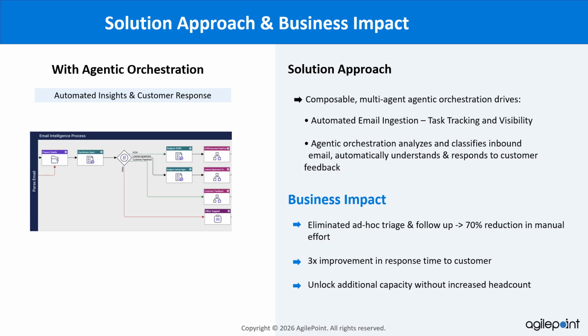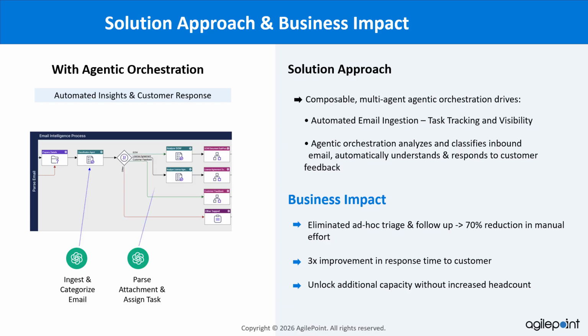Now, what you're going to see here is AgilePoint with a true multi-agent, multi-vendor agentic orchestration serving as the Swiss Army knife for any types of emails that might come in. So you're going to see a number of different agents, one in charge of ingesting and categorizing that inbound email. What type of email is it? If it has an attachment,